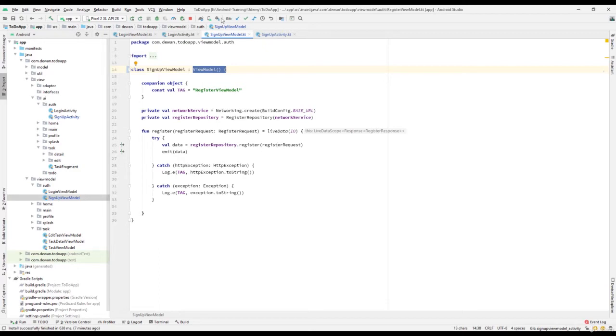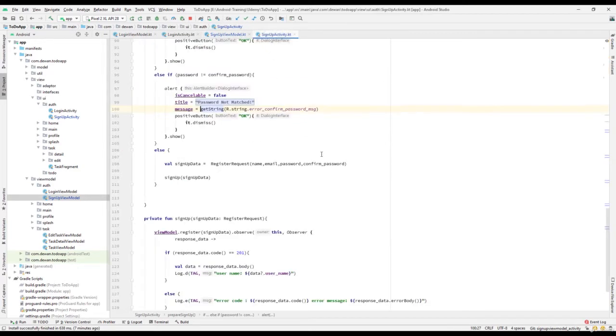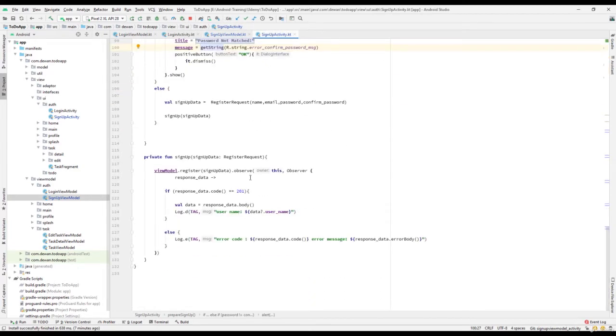And the next thing over here is in the sign up. If you go to the sign up section, we are just getting the response of the sign up, but we are actually not doing anything with it. So we are not notifying the user whether that was a success or a failure. When we sign up, we should be giving the user some notification that the registration was successful. So what we will do is, let's go back to the view model,